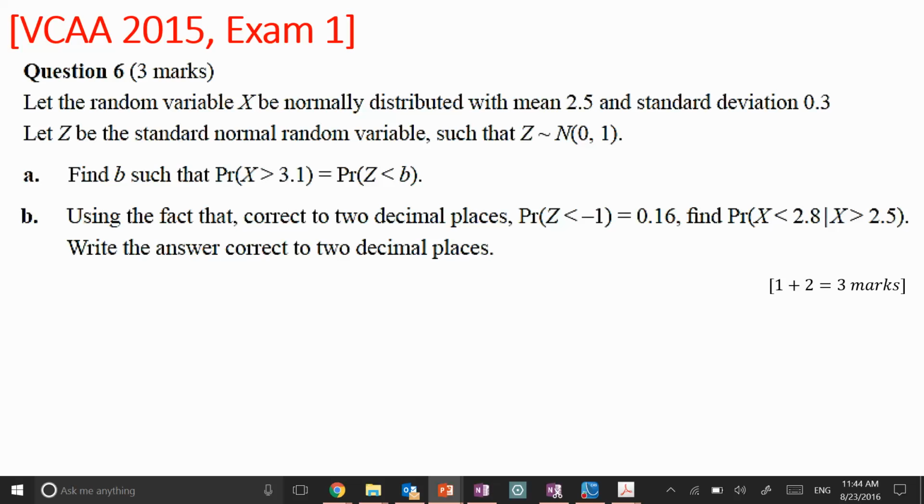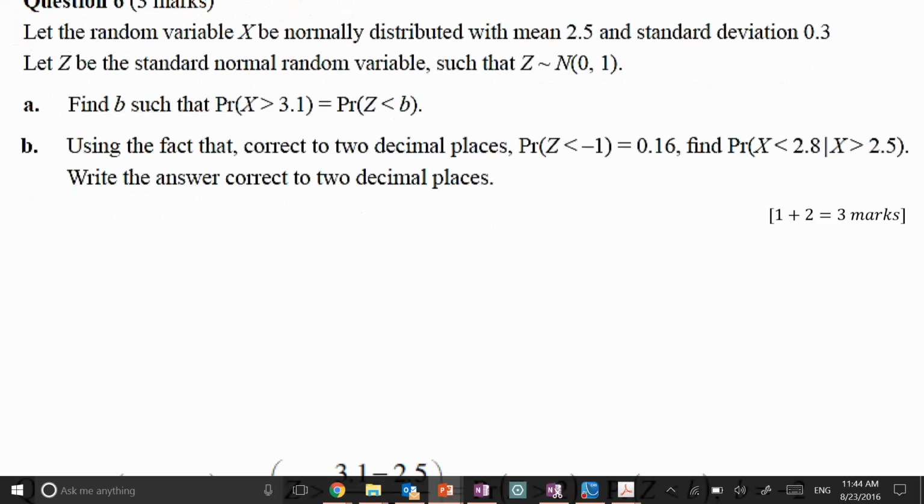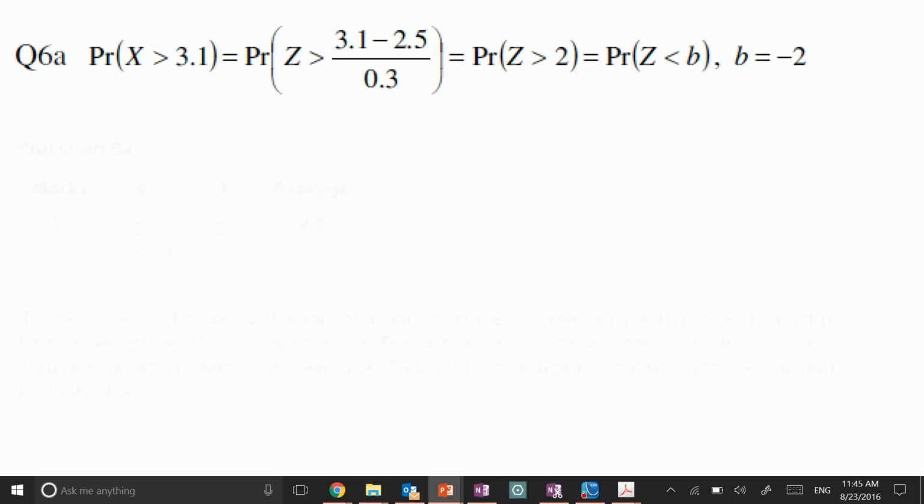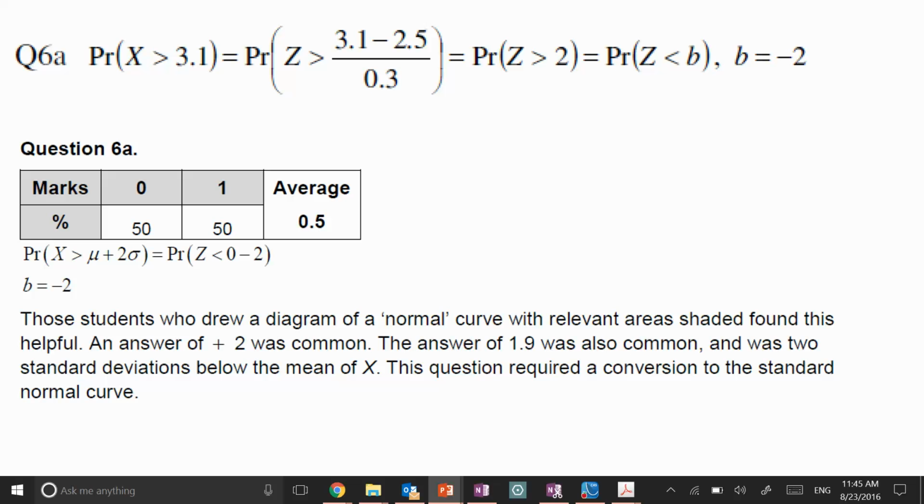The bell's about to go, but this first part is very similar to the last question. Hopefully you got it correct. I'm going to show you the answer there. Same concept again. You can find out your Z value and then you'll know what B is because of the symmetry. So it's exactly like the last question I just taught you. So 50-50 on that one for most students. Same thing again, I'm just saying draw out your problem